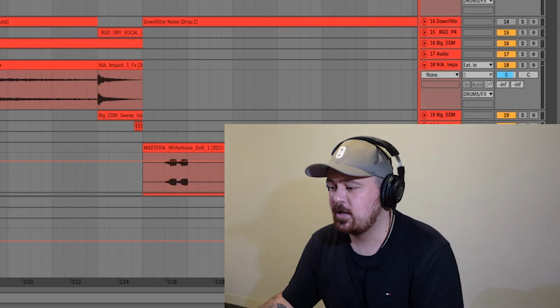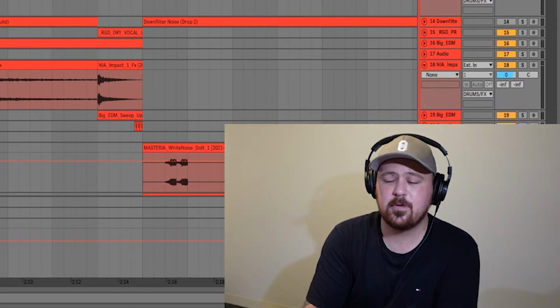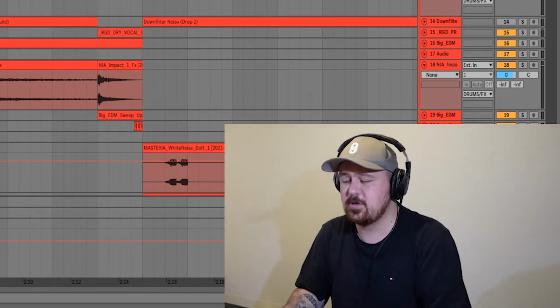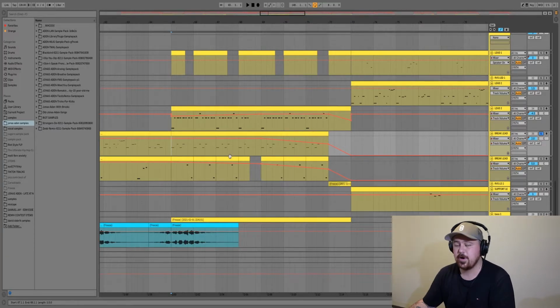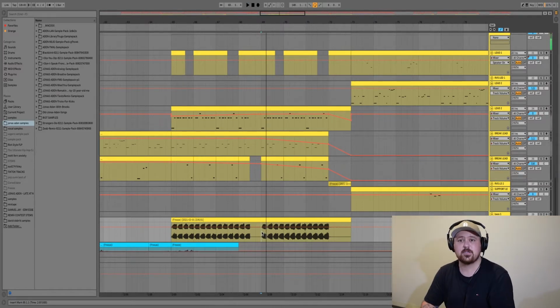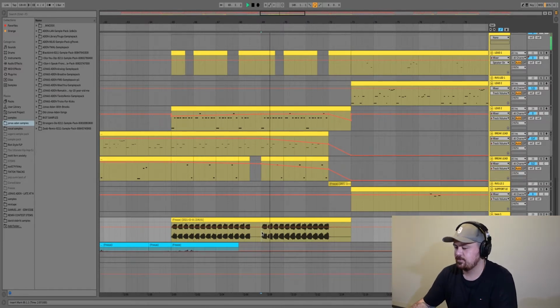Now, onto our build-up. This build-up's a very simple one. It's basically just got a bunch of the elements from the breakdown and a bunch of the elements from the drop, all sort of melding together to make a build-up. So we've got our breakdown synth, second synth, a riser, and then that just starts rising up an octave when it comes into the second part of the build-up.